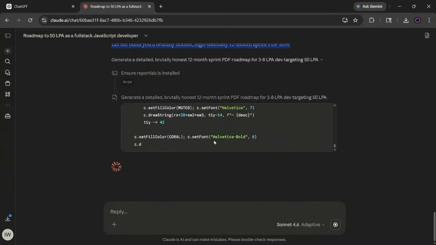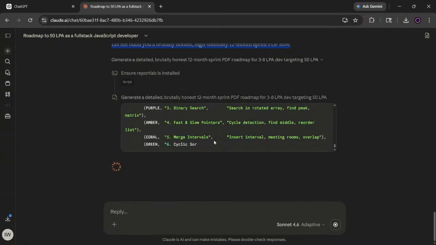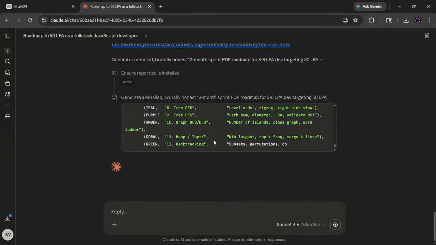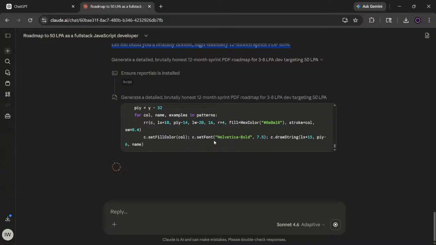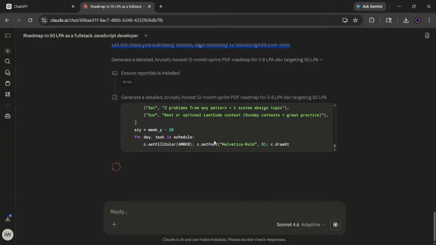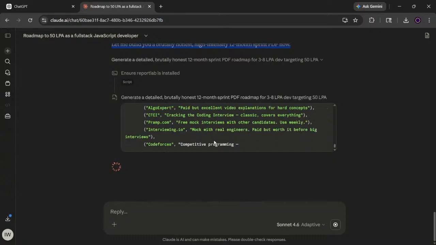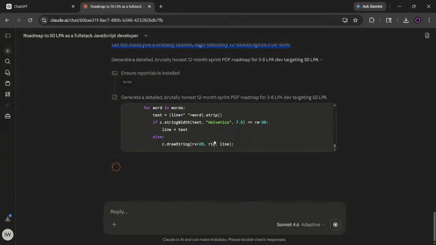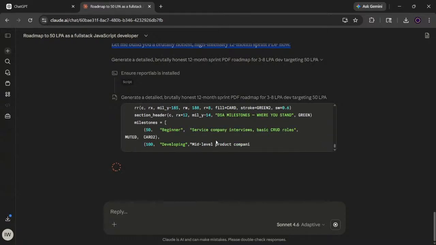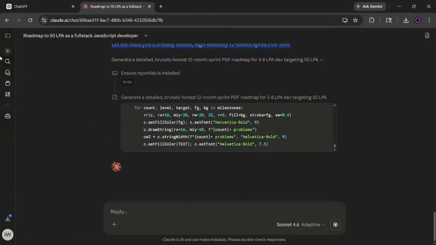ट्री में क्या क्या आता है? ट्री में रूट नोड होता है, चिल्ड्रन नोड होता है। ट्रैवर्सल में क्या क्या होता है? पोस्ट ऑर्डर, इन ऑर्डर, प्री ऑर्डर, बस। ये साला जनरेट कर रहा, कितना करेगा पता नहीं। इसको जनरेट होने देते हैं पहले।